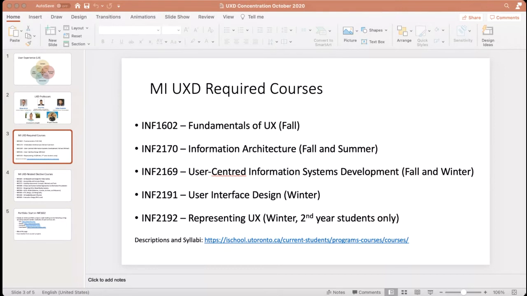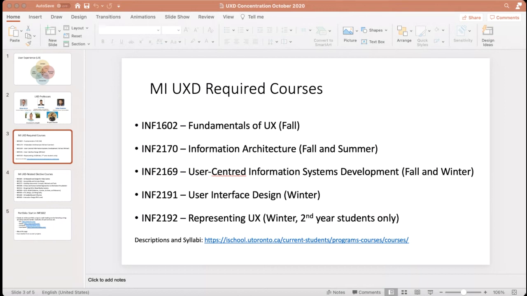It's a course on design, so it's how to design web structure. And then you can take the User Centered Information Systems Development either in the fall or in the winter. It's offered in both semesters. It is our User Centered Research course. So it's Foundations of User Research and User Centered Development.